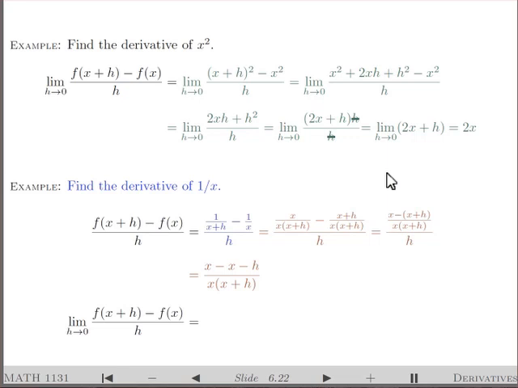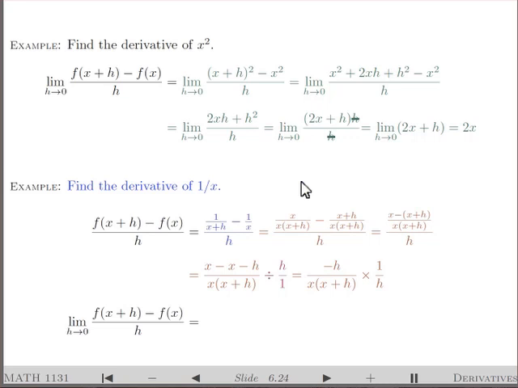Now I need to divide this. This quantity is just the numerator here. I need to divide it by the denominator h, which I'm going to think of as the fraction h over 1. To divide by a fraction, I take the reciprocal and multiply. So I multiply this fraction by 1 over h, and while we're at it, let's combine the like terms here. So that gives me x minus x is 0, so I just get negative h over x times (x + h),